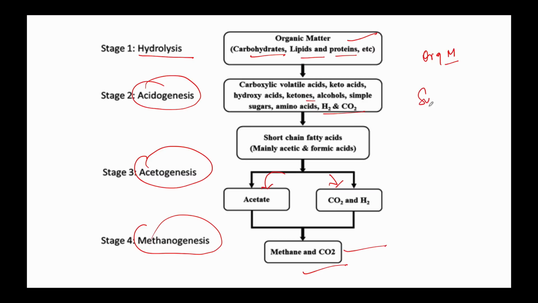Then there are syntrophic relationships between hydrogen producers. In acetogenesis, hydrogen is produced. So these acetogens, here I'll write acetogen, and hydrogen, these are the hydrogen producers. But then there are hydrogen scavengers also, which eat up hydrogen. For example, homoacetogens, hydrogenotrophic methanogens, etc. They all are very critical to this process.